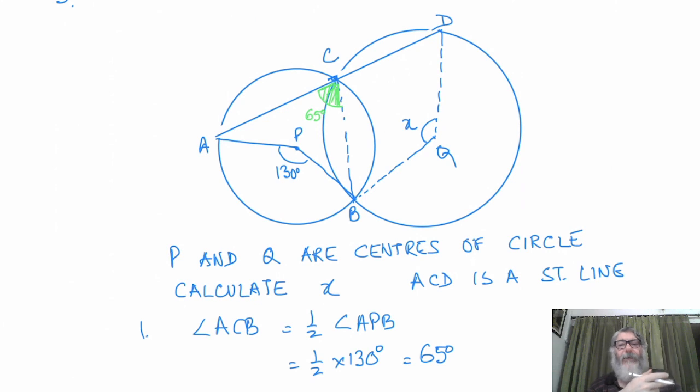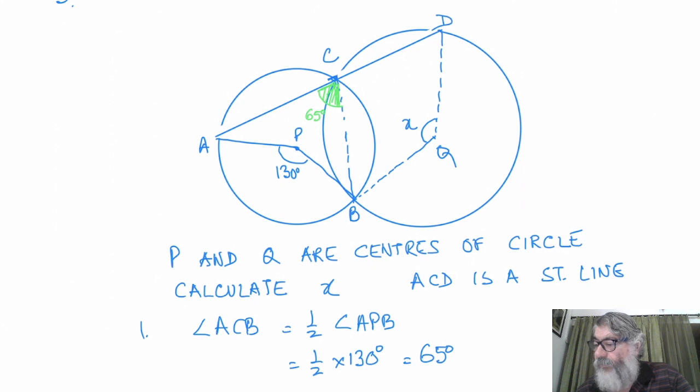Either way we can say. If angle at the circumference is given, we can calculate angle at the center. But if angle at the center is given, we can calculate angle at the circumference, because it is one and the same thing. I am double your age or you are half of my age is the same statement said in a different manner. Either we say angle APB is double of ACB, or I say angle ACB is half of angle APB, it is one and the same thing. So we have got this angle as 65 degrees. Now what I will do is I will calculate BCD.